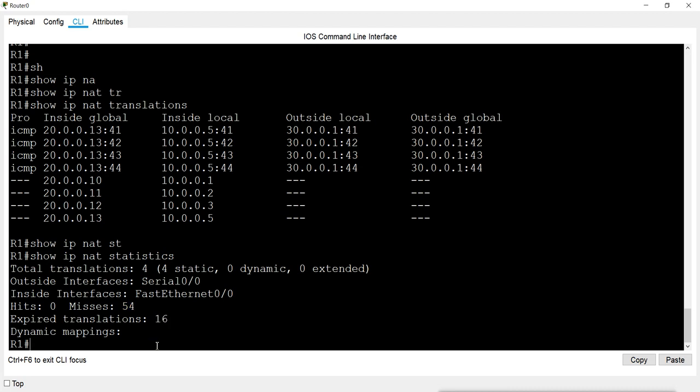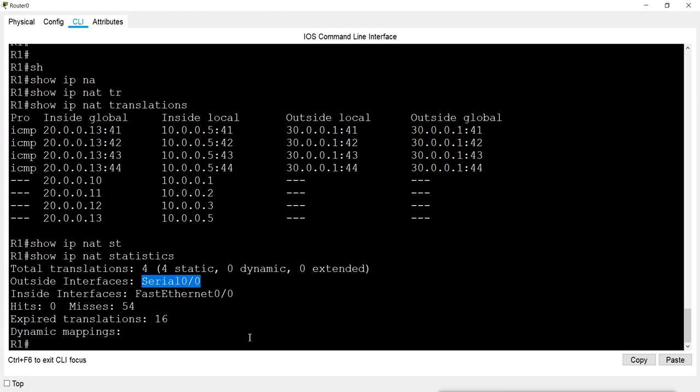We have not sent that many packets, and some of them expired also. Those missed packets are for other things, like when you configure a routing protocol, those protocols also exchange their information together. In this router I have configured RIP, so RIP also sends information, and that will not be translated because we have not made any translation for it, and those update packets are going out from this interface.